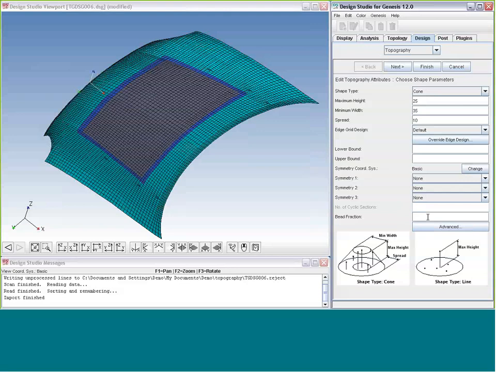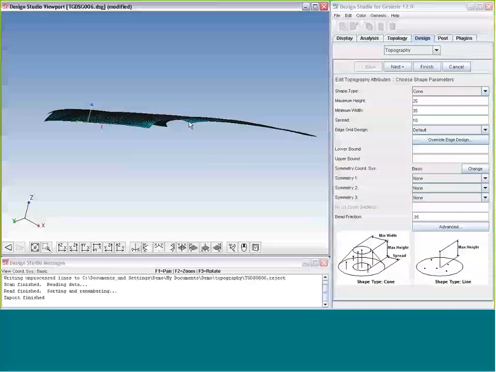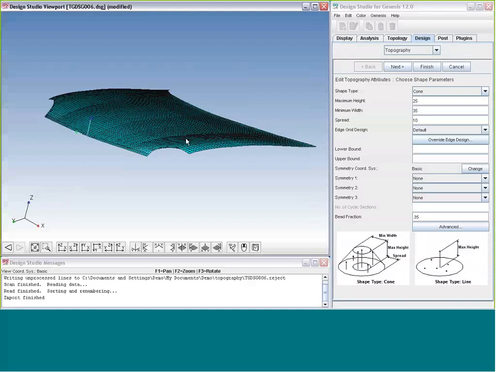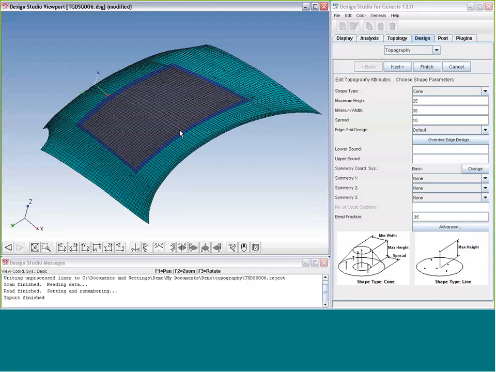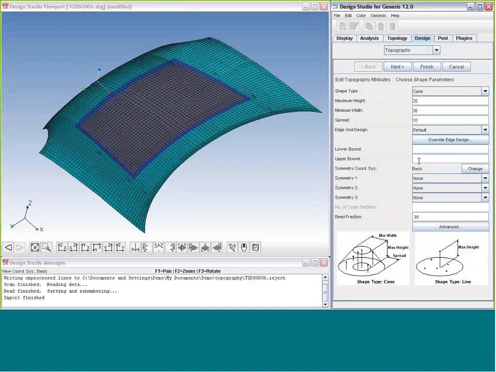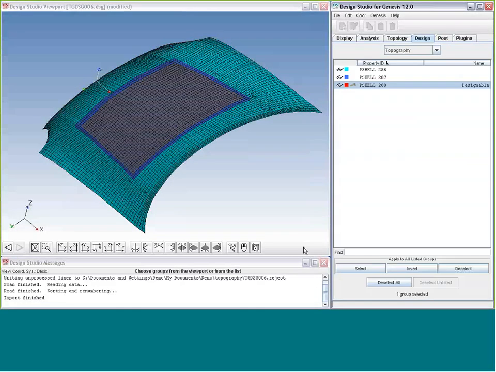Say only allow 35% to move. And finally, I want to give an upper bound for this case. In this case, the shell's normal is pointing in the positive z direction. I only want to allow the grids to move in the negative direction, which means I want the design variables to always be negative. So if I give an upper bound of 0, I'll force the problem to only allow the beads to move into the negative direction. So with the finish,